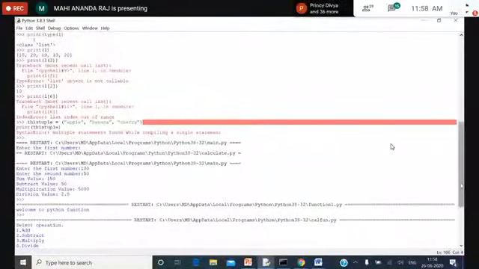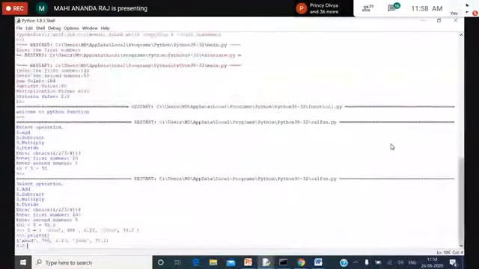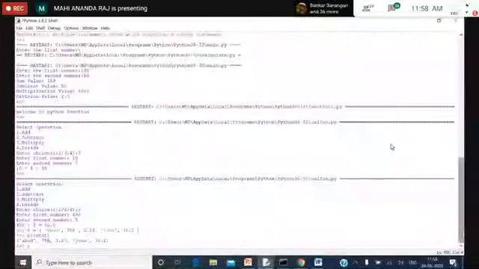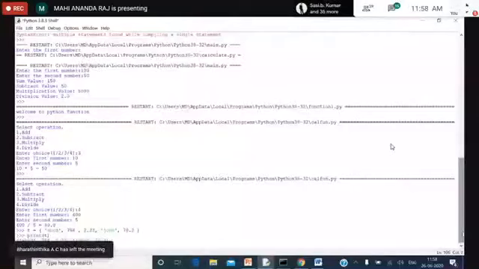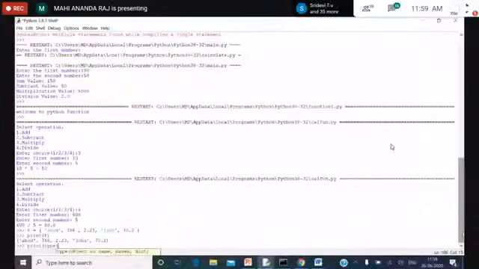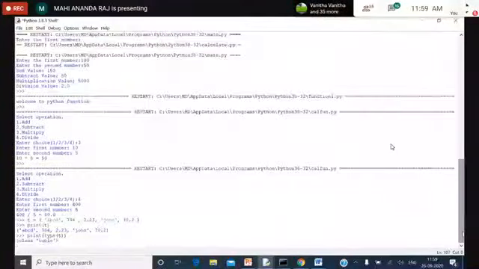Now, if you want to find out the type, you can type print type of p, and it shows at the bottom that it is a tuple.